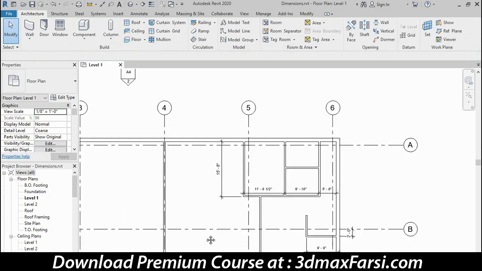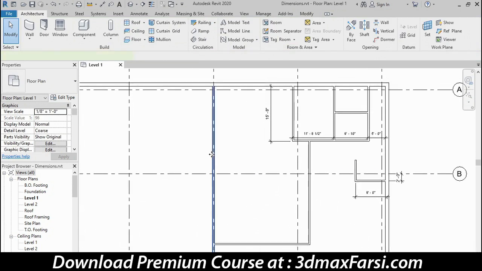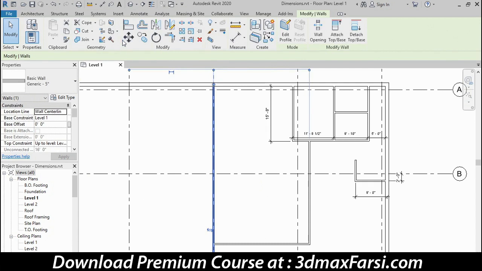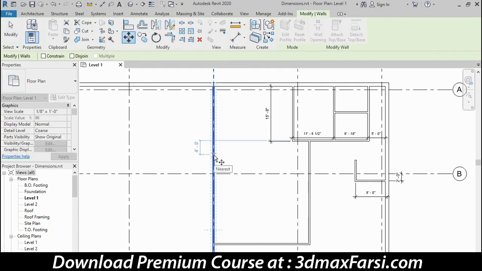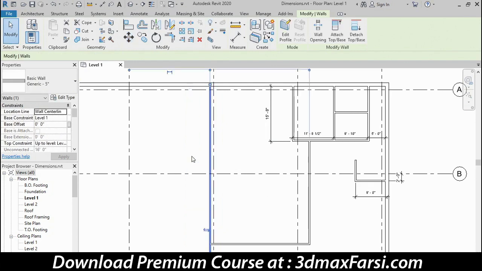I'll zoom out slightly, pan over, and let's go back to this wall right here. I'll go to the move command and I'll start moving it from anywhere on the wall. Notice if you start moving in the direction you'd like to move, there's another dimension there. And you can edit that value directly. So if I just type in a number like 1 foot and press enter, that will move that wall over